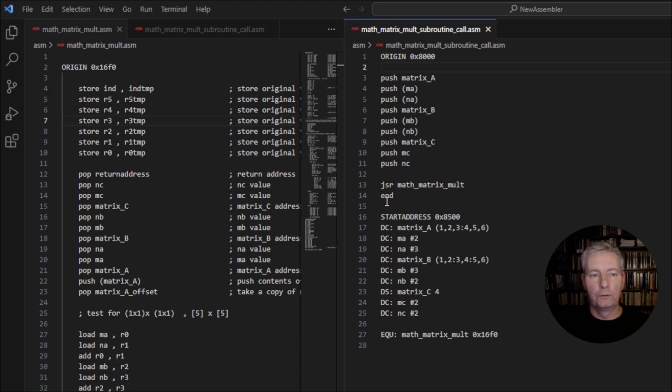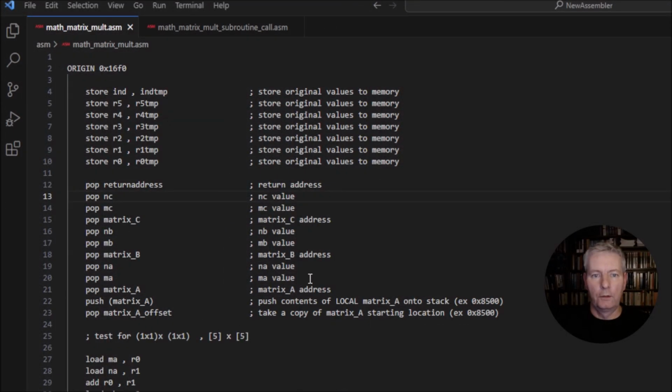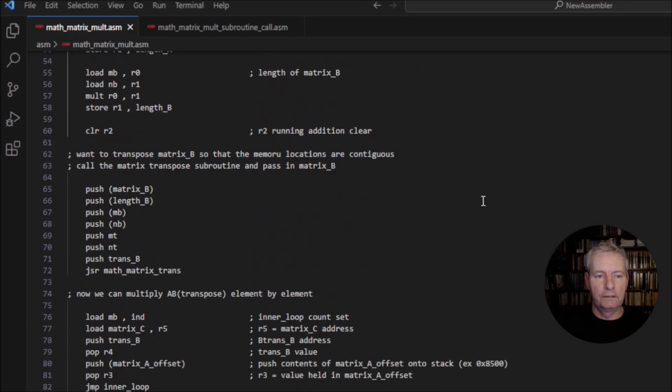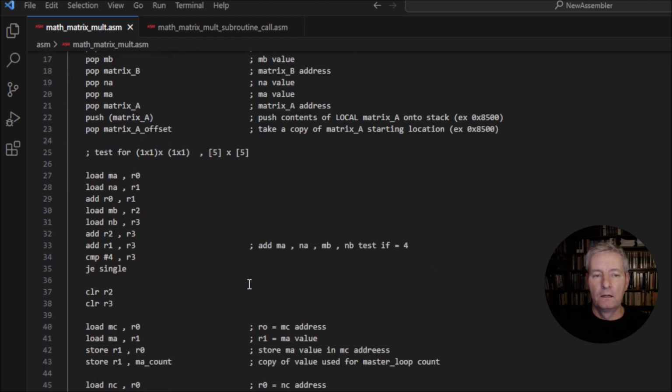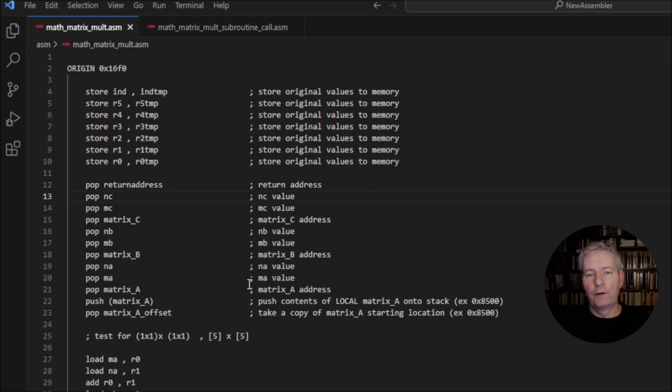Let's go on and we will look at the actual subroutine. Now the subroutine is more complicated, and you can see here it's got 177 lines, including all the spaces. So I can give you a flavour of how this works. Now again, we go through our usual process of housekeeping. So we take all of the original register values, stick them into memory. We then pop all the values off, so we can see we're popping off the return address,